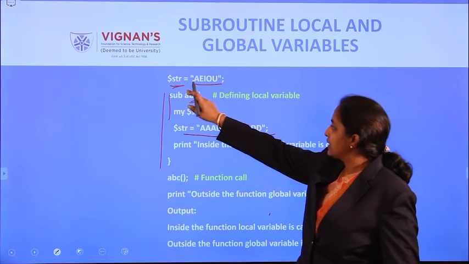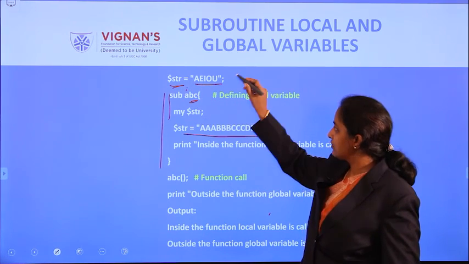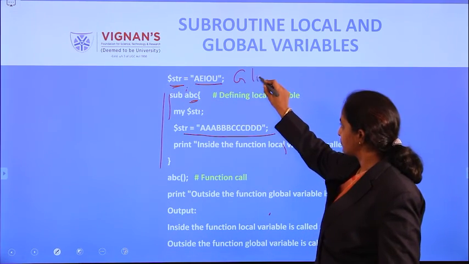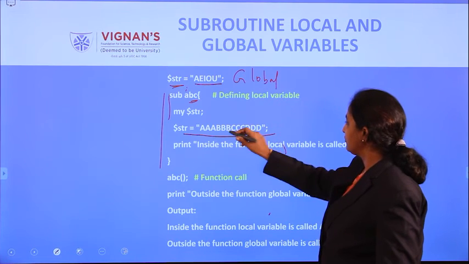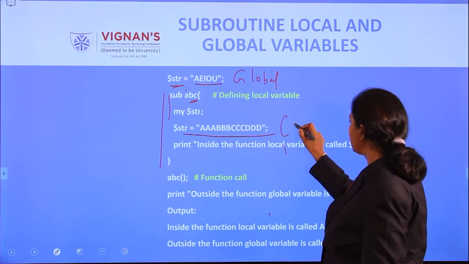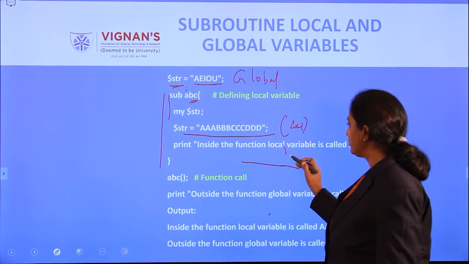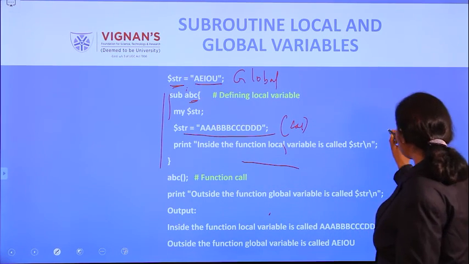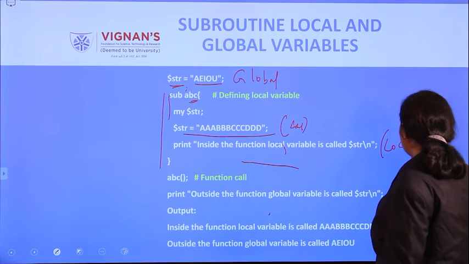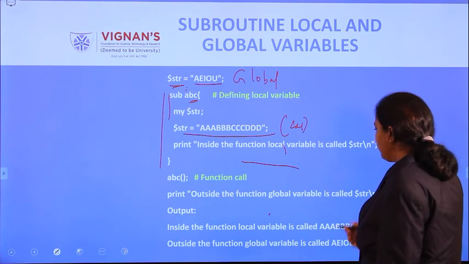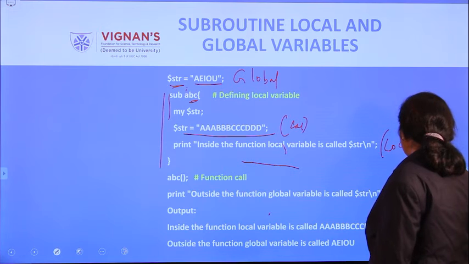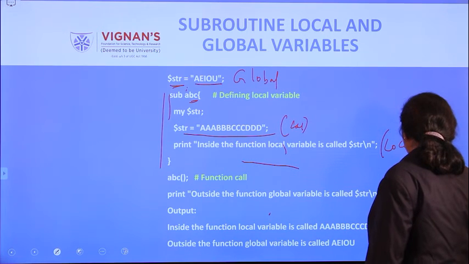If you declare the variable like this, it is a global variable. If you declare the variable inside the function like this, it is a local variable. If you write the print inside the function, you are going to print the local variable. If you print outside, you print the global.